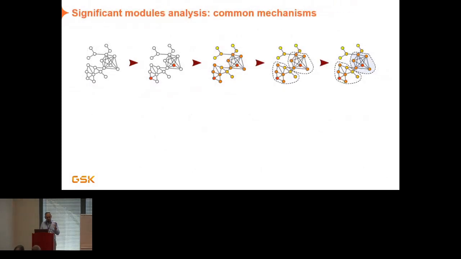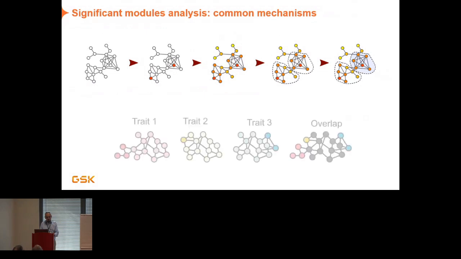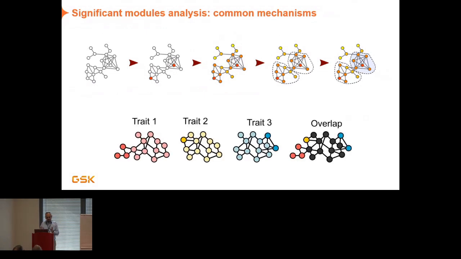The other way we want to use that data is to look at common mechanisms, more in the case of pleiotropy, where we have different traits, and look at these modules we build and see if we have more than one trait per module. In fact, we found 73 modules that had at least two traits. And again, that's quite important for us to understand, because that can lead to potentially common mechanisms.